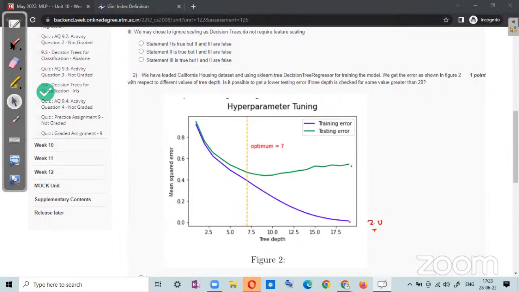See, in general, what happens? I will tell you. I can argue this question both ways. The first argument is that when you go beyond this optimum value, your training error will decrease further and test error will increase. Your model will start overfitting, so obviously your testing error will increase from here. But it can happen